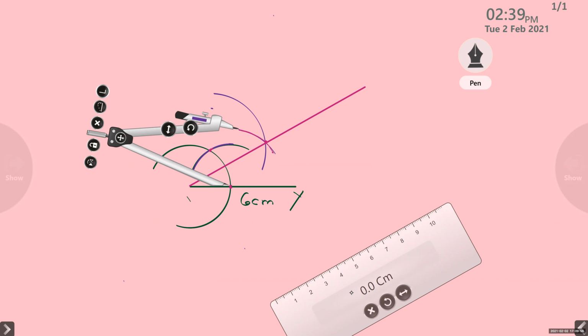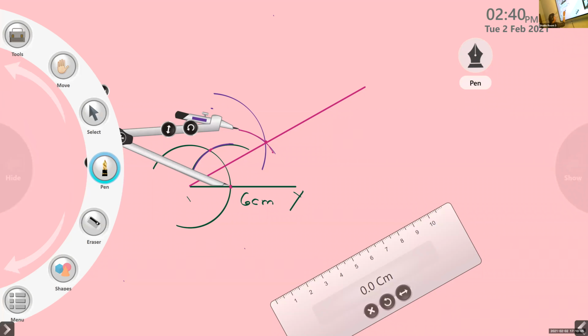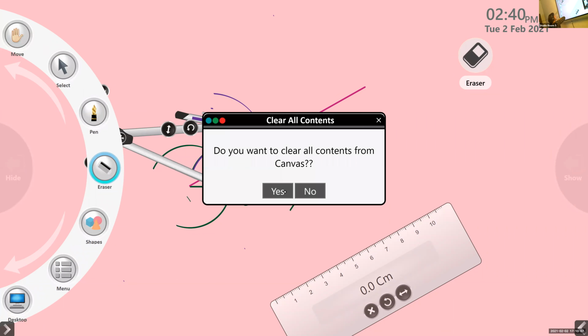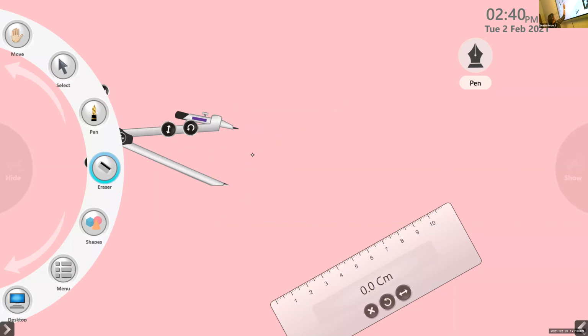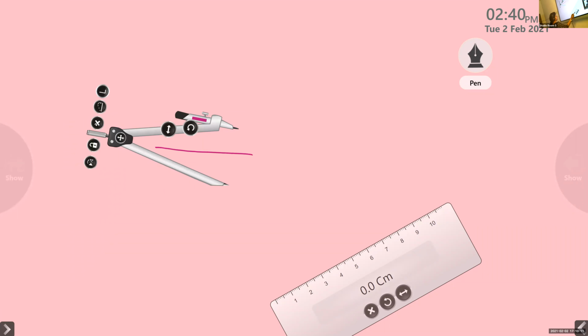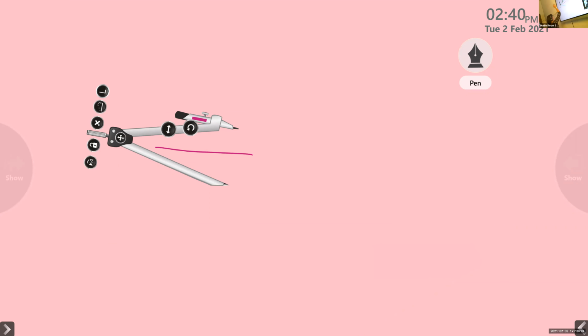Yes, ma'am, we should draw from the center arc. I'll tell you once more. I'll explain how to draw. Anyway, there was a connectivity problem, that's why we also lost the connection. So we can just do it once more.